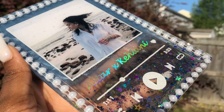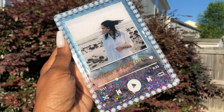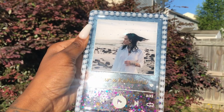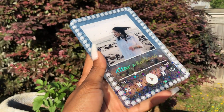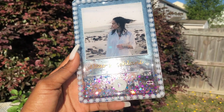Look at Kehlani over here with her new album and whatnot. I am so in love with this album. I'm so in love with this piece. I was so in love and moved by this song, I had to come and make this. Once I heard this song, I knew for a fact that this is going to be the song that